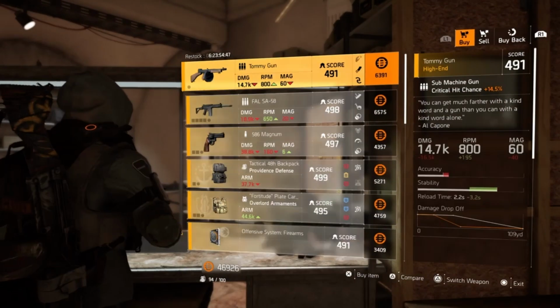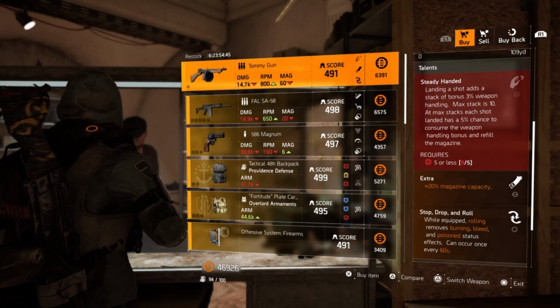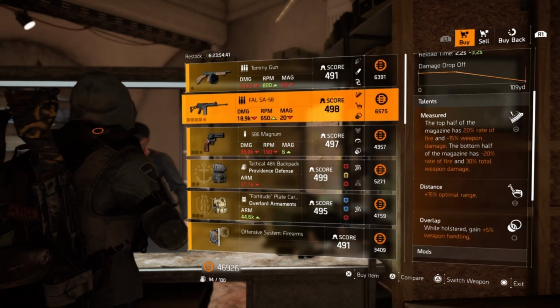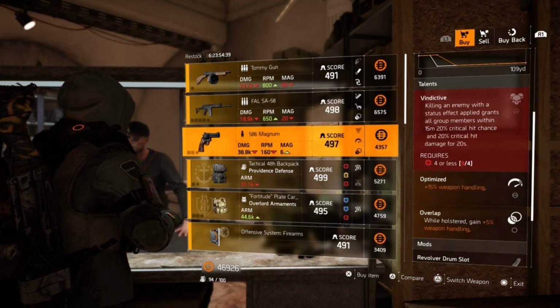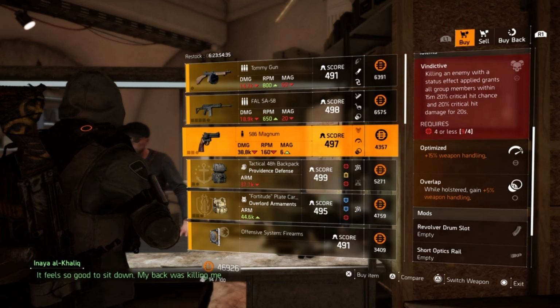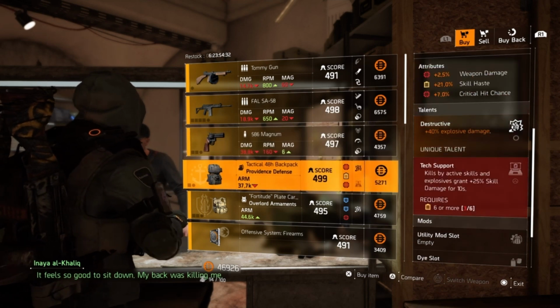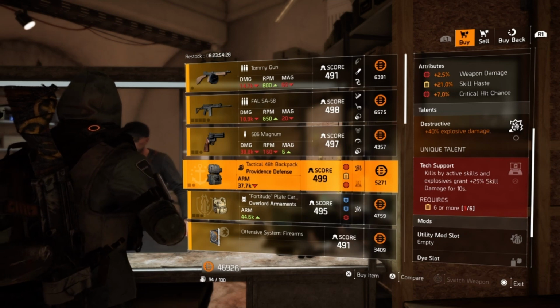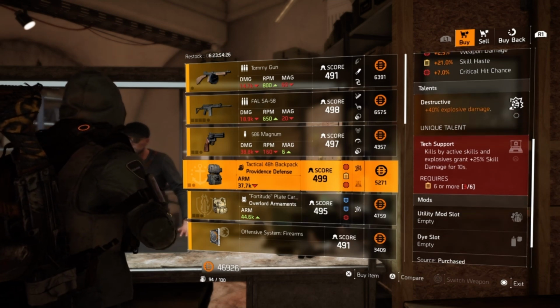So let's start first here. We got a Tommy gun with steady-handed, extra, and stop, drop, and roll. A FAL that has measured and distance along with overlapped. A 586 Magnum with vindictive, optimized, and overlap. A Providence Defense backpack with 2.5% weapon damage, 21% skill haste, 7% crit chance, destructive, tech support, and of course